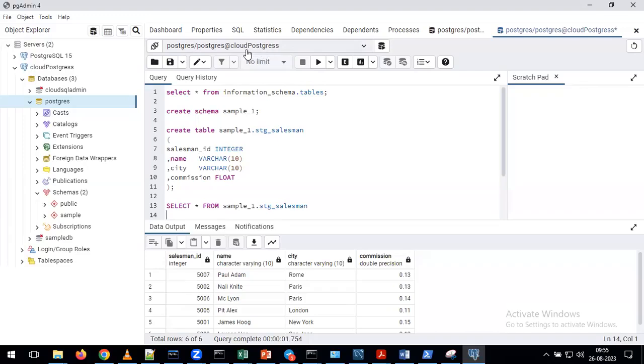Here my connection is showing as Cloud Postgres. This is the name I gave for my Cloud SQL server connection, that's the reason it shows the name Cloud Postgres. By seeing the name, you need to understand whether your window is connected to the cloud server or to your local server. Please verify this. Here also some people make the mistake and are connected to the local server.